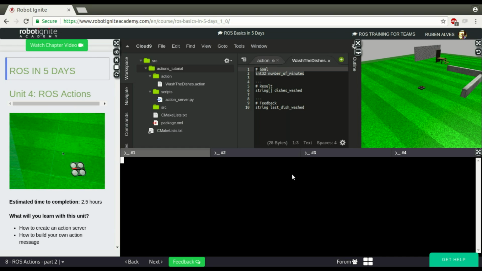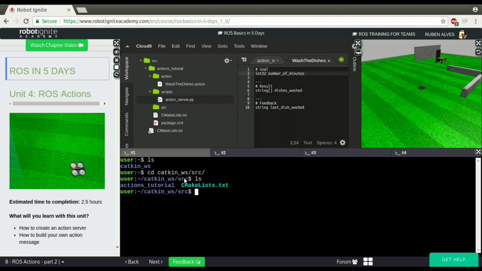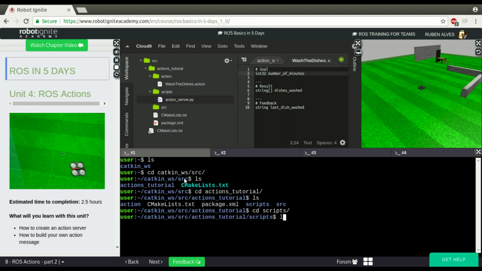If you remember our previous videos, we have created an action server as well as the message, of course. And if you haven't seen this video, you can see the link for them on the description of this video. So we already have an action server, and now let's create an action client. So let's enter here on our package, which is actions tutorial. Here we have the scripts folder with the action server, which is here.